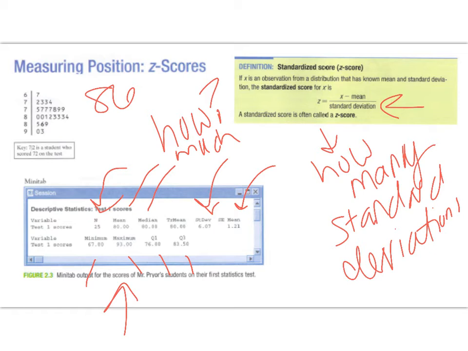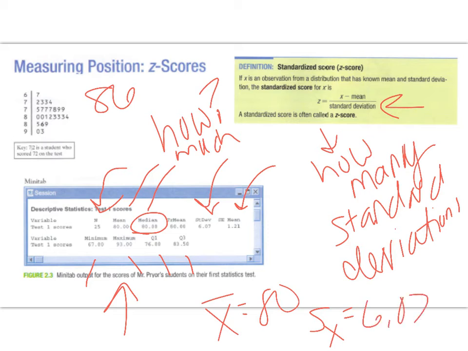Again, you've got to get the conceptual. What does it mean? Okay, it means she's this many standard deviations away from the mean. Remember, we calculate our standard deviation. That's our typical distance that a data point is away from the mean. So in this case, our mean is an 80, right? I've got a mean of an 80 here. And our standard deviation here is a